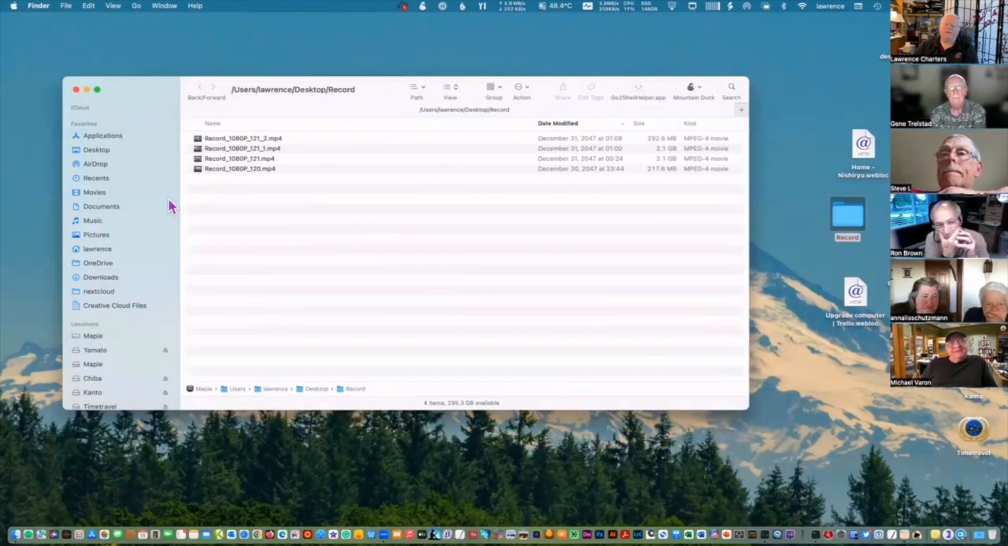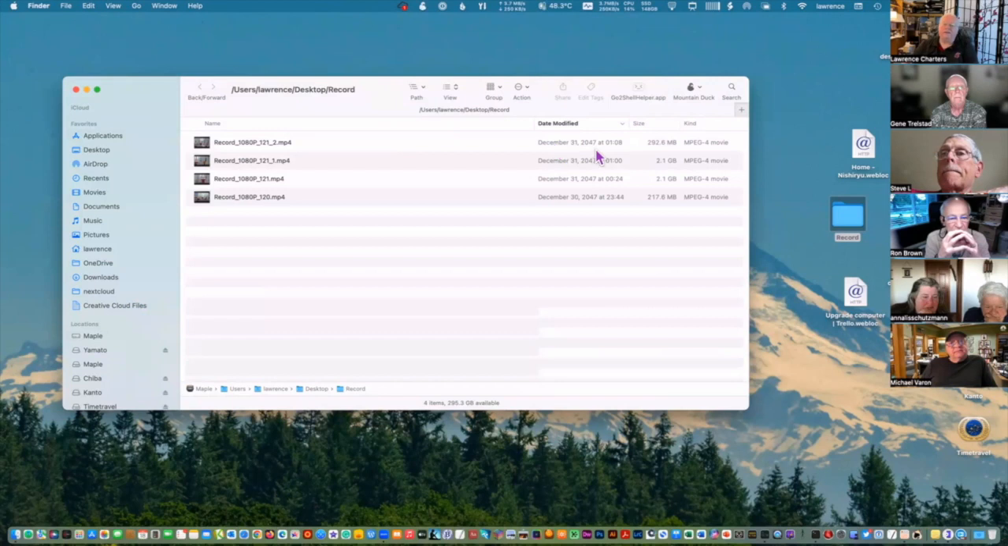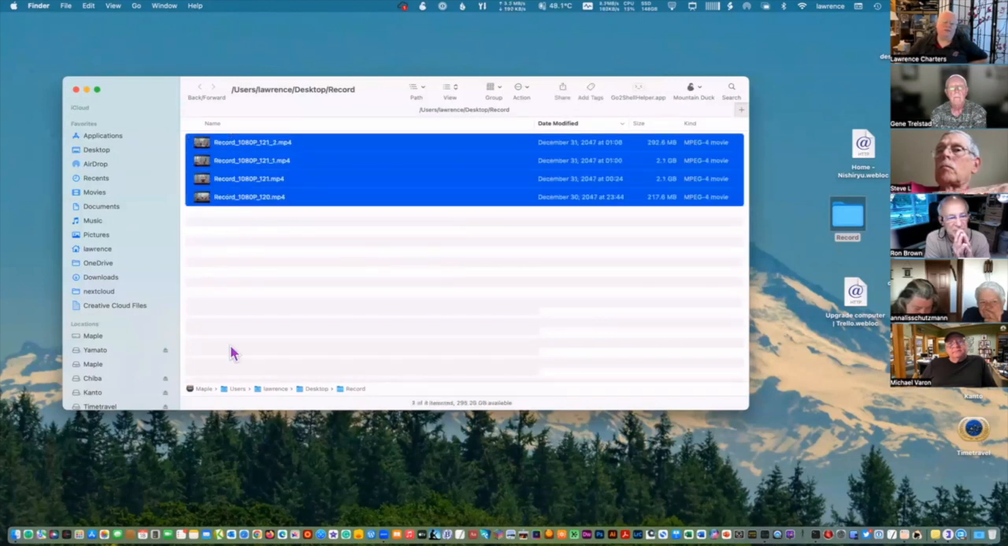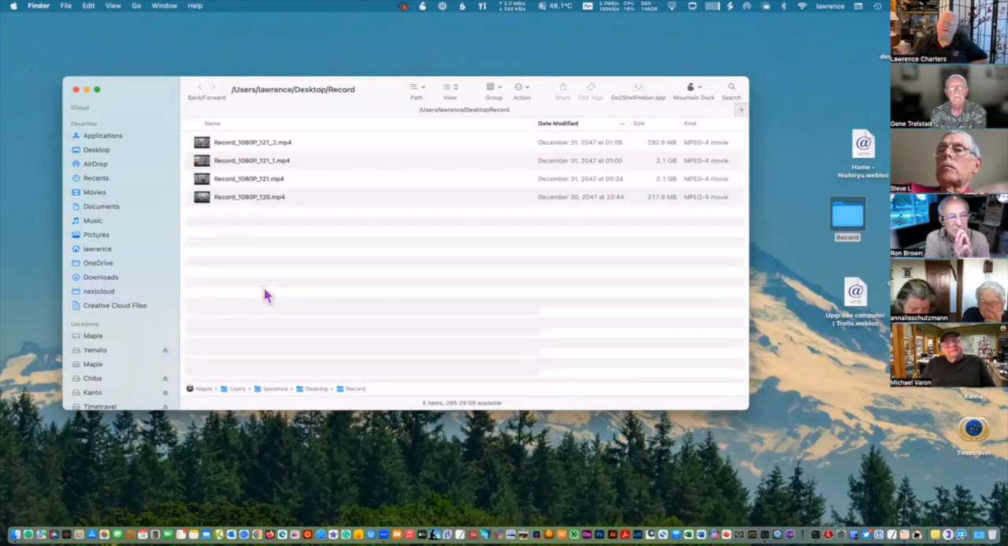Here, this is a Finder window. If you look at the dates, let's see if I can blow up the screen a bit, it says that these files were recorded December 31st, 2047 at 1:08 in the morning. Well, December 31st, 2047 is a ways away, and I would like to get these to be a more current date. These are video from my church service on Sunday, and I like to be able to find things by date. It's very difficult for me to know what date something is if the USB drive says they all came from